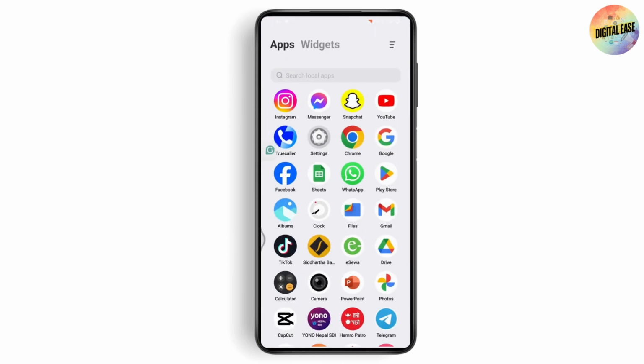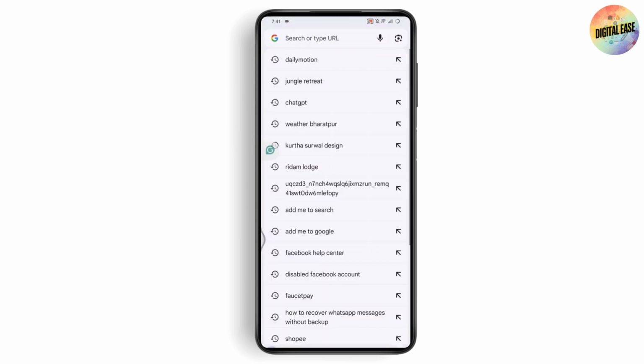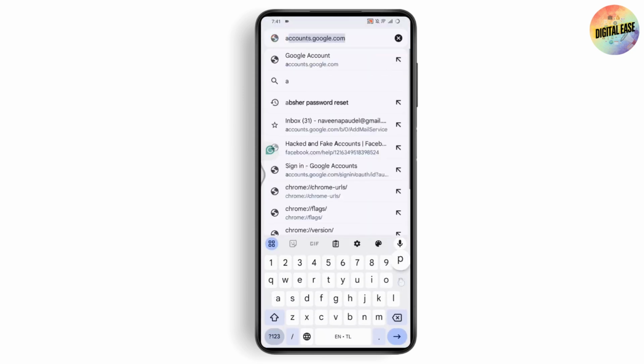Once you've toggled off the low power mode or the battery saver, now you just need to simply go with your browser, any browser that you're comfortable with. And if you're using Apple, you can go with your Safari, or if you're using your Android, go with your Chrome browser. Once you're here on the browser, now you need to go with the search, and under search, you need to search for